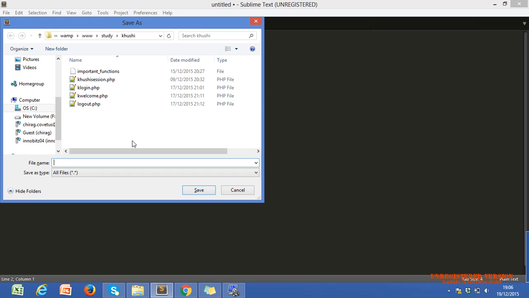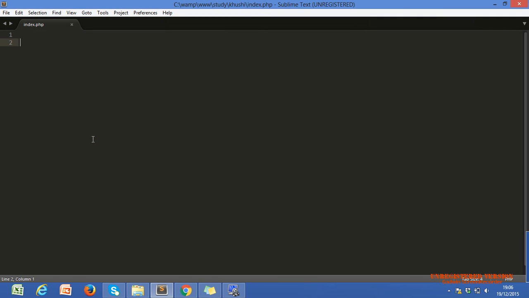Now, finally, let's start today's session. I'm just creating a new file within the new folder. Now, if we want to connect to our database, the database is a different thing, and our PHP is a different thing. Different means the MySQL database server is different from our Apache server. So we need to connect them.